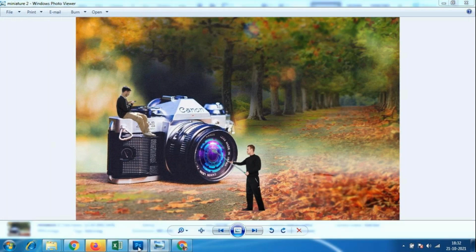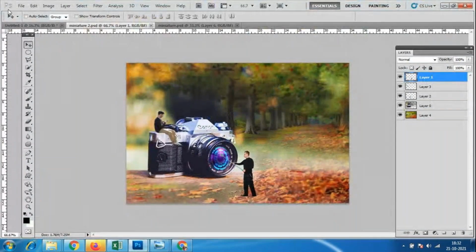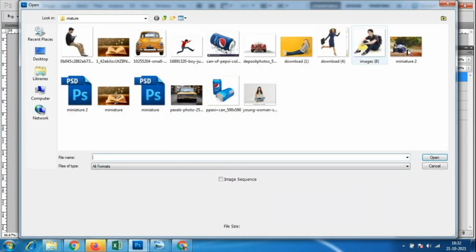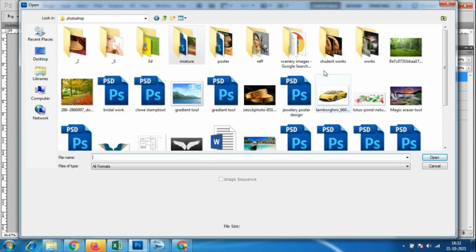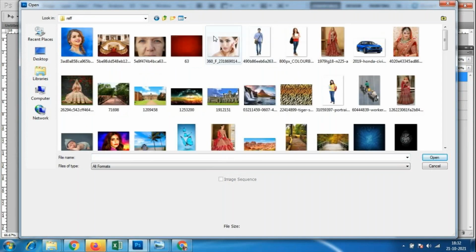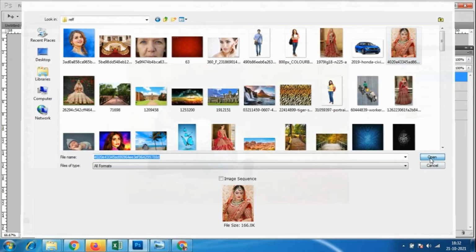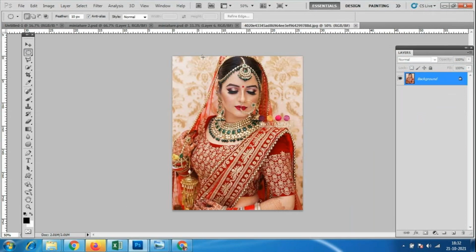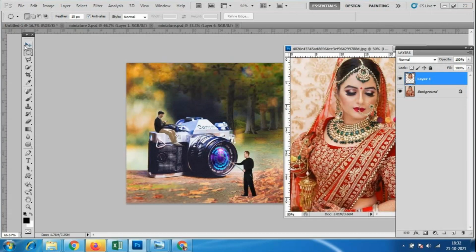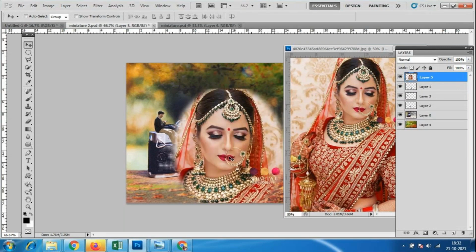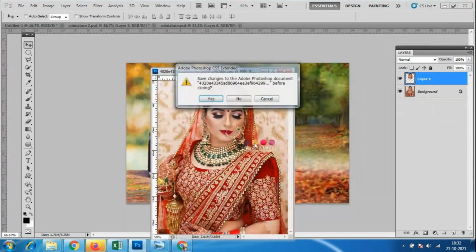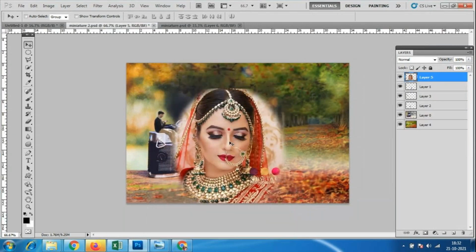You can place somebody's photo also here, and I'll show you that. If you want to place anybody's photo, so bridal photo shoot, I'll make it a circle and Control J, and I'll go to here. I'll keep it here. I'm just cutting over there only. I want to place the girl photo here inside this camera.